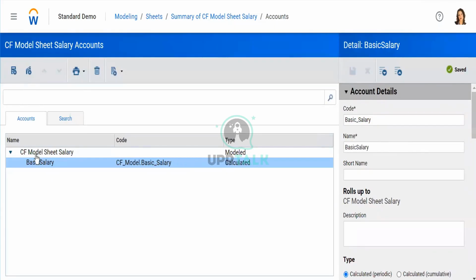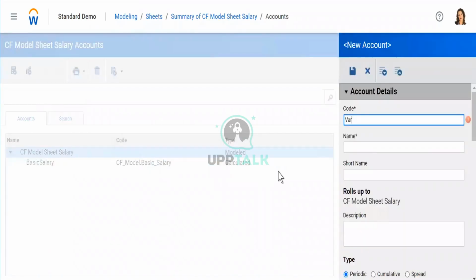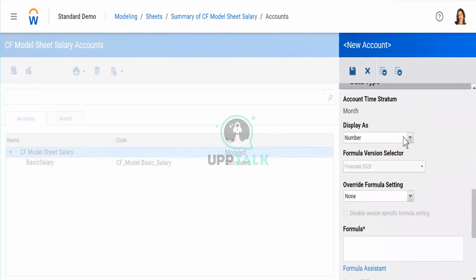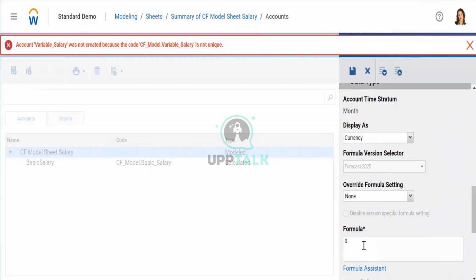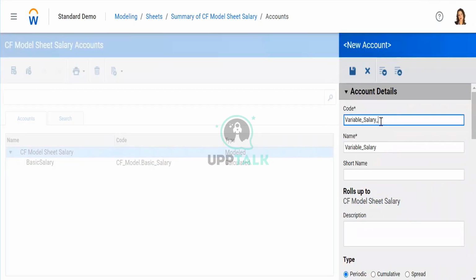I will create another account. I would say variable salary. This is also my currency. I'm just writing 0 just to save it, because it will not allow me to save unless the code is unique. Again, I would do it with a different account code.